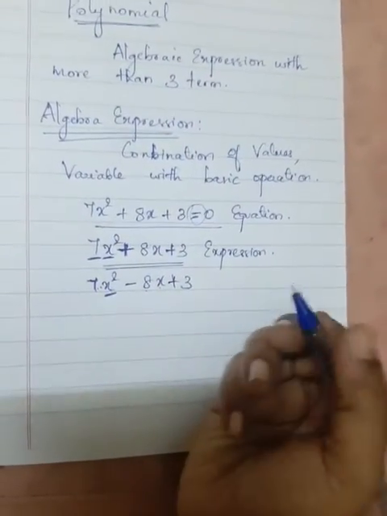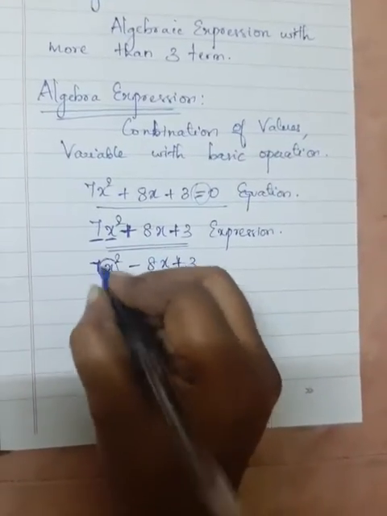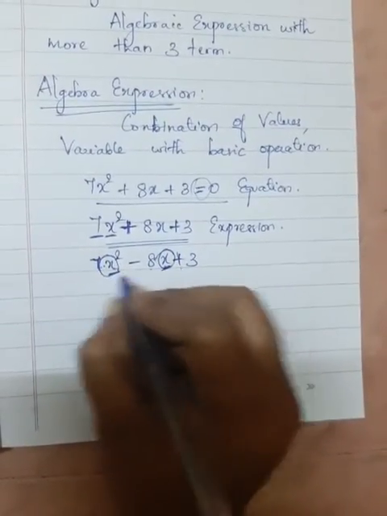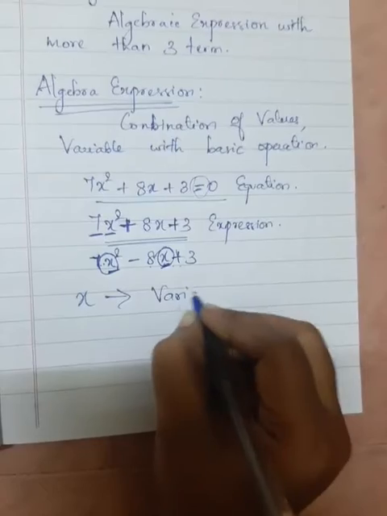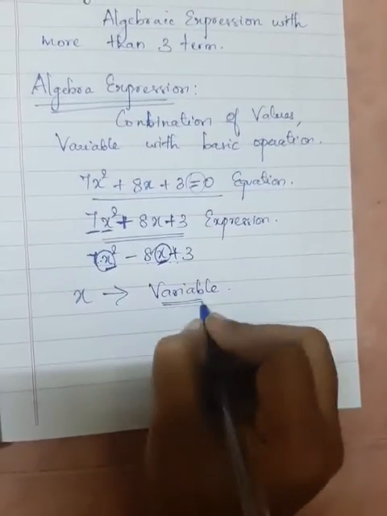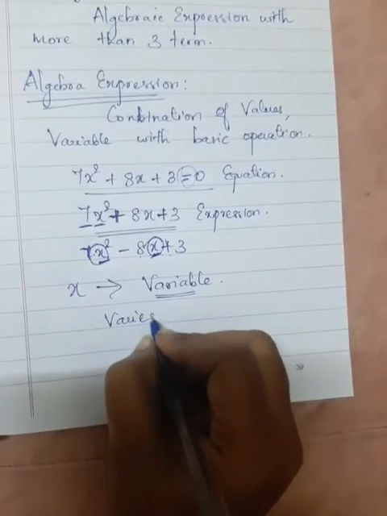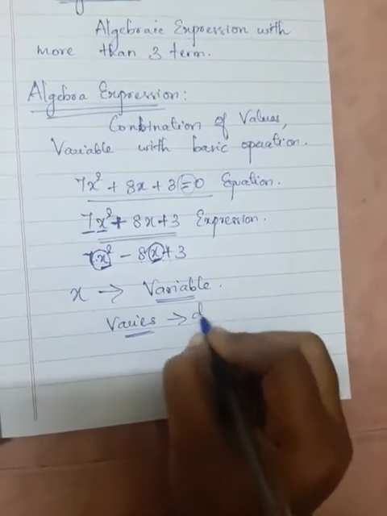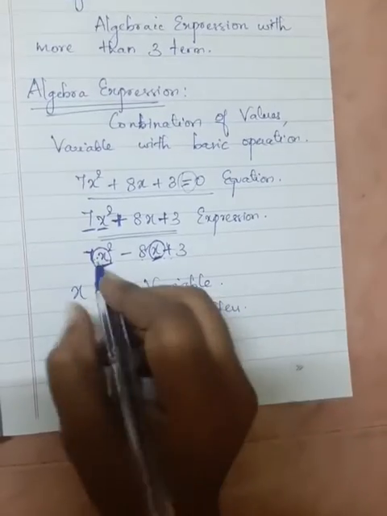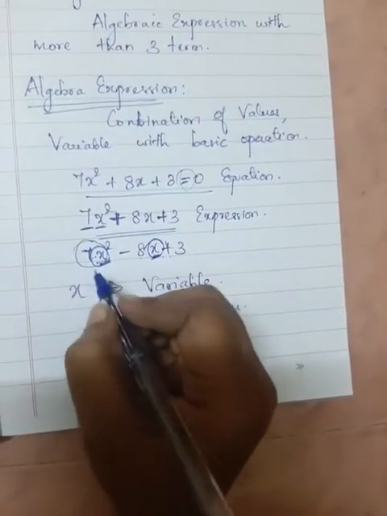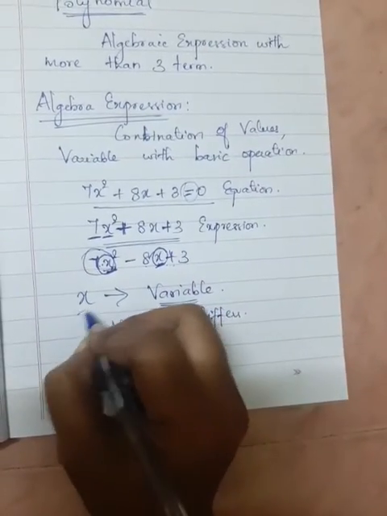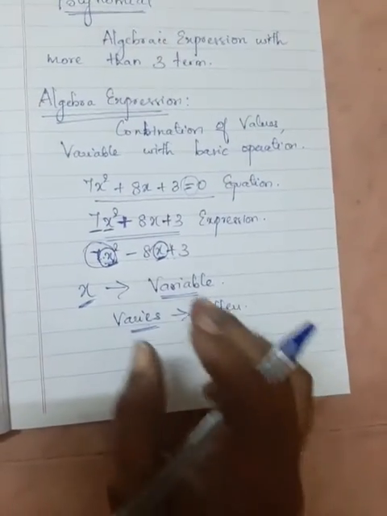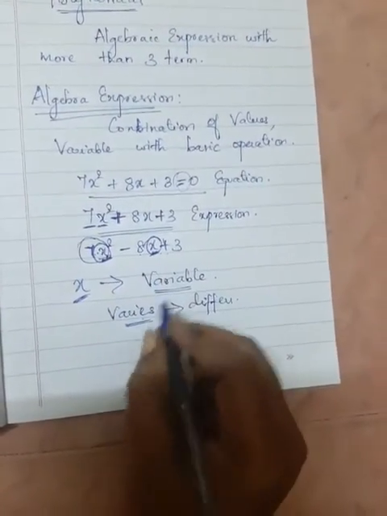Okay, so now this is the variable. See here, this alphabet what I have named here is x, is it not? x is the variable used here in this algebraic expression. Why do we call this a variable? It means it varies, the value of this x varies, it differs. Okay, according to the value of this alphabet, the value changes. So then we call this alphabet which is used in this algebraic expression as variable.